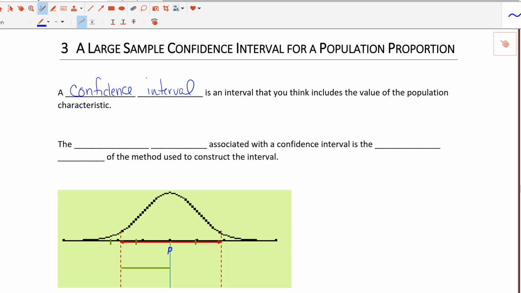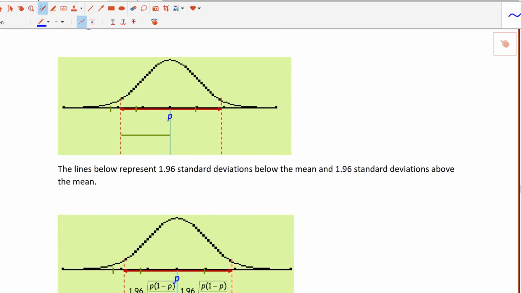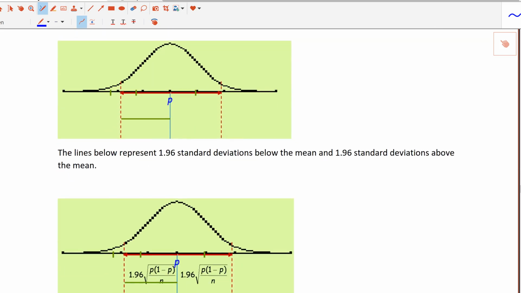And any confidence interval also has a confidence level. A confidence level means how confident you are with your success rate of the method that you used. So associated with the confidence interval is the success rate of the method used to construct that interval. Okay. So if we look at this,